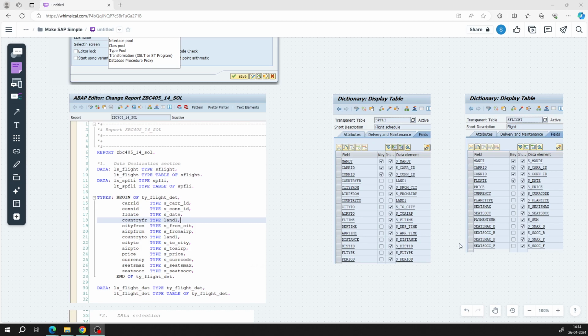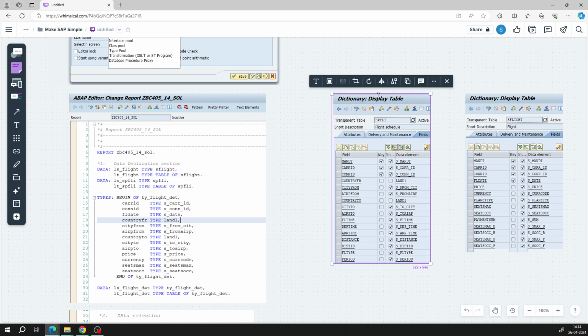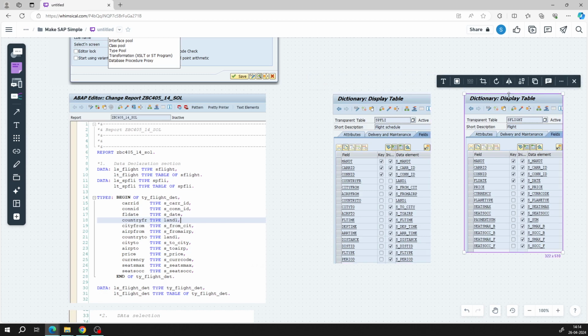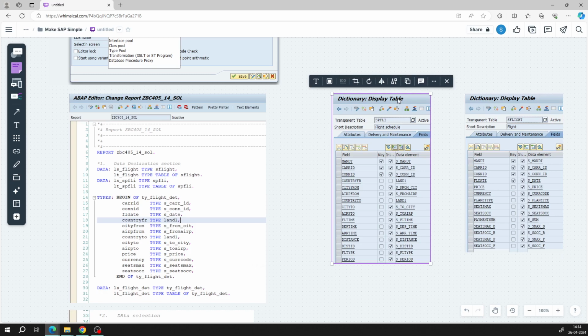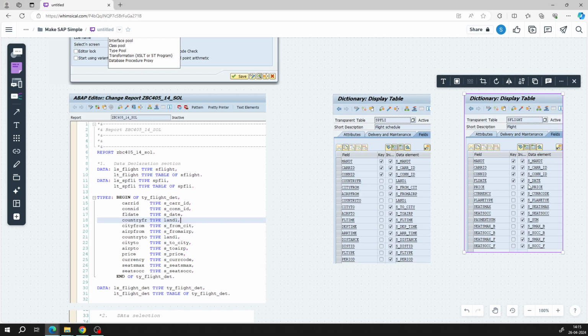Now your requirement is to get data from this table and from this table. Okay, that means you have to declare a variable of type internal table which can hold multiple rows of data from this table. Similarly, for this table you have to create an internal table which can hold multiple rows of data from this table. Right,